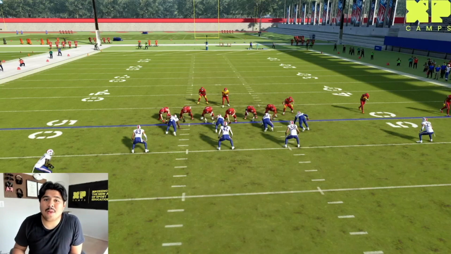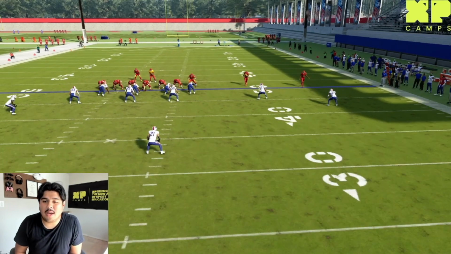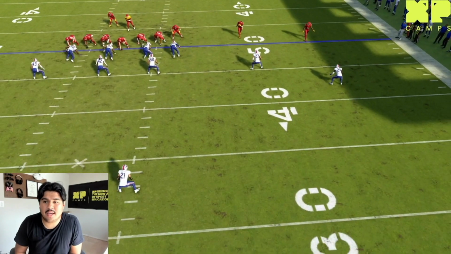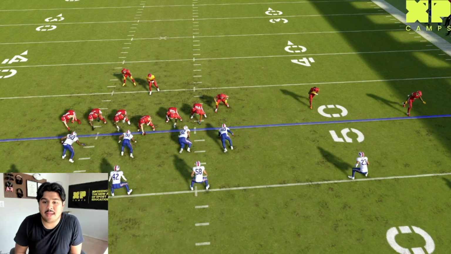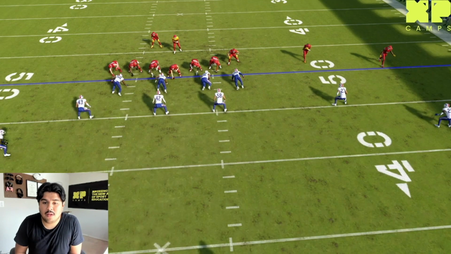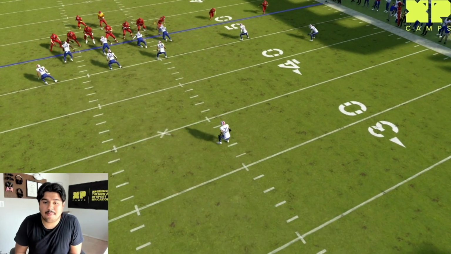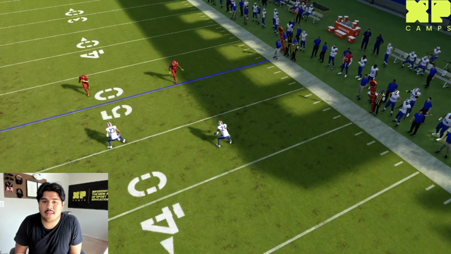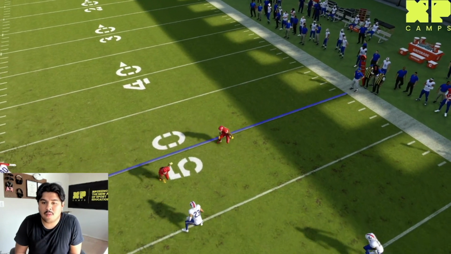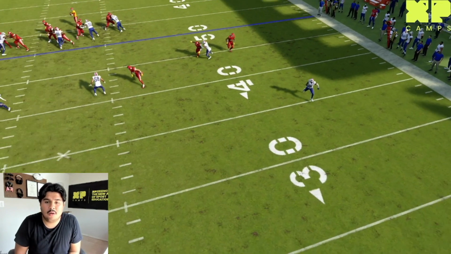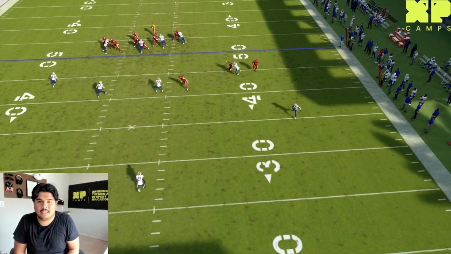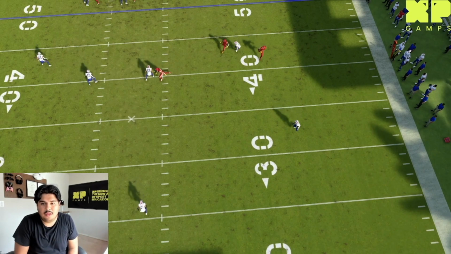Alright, so here we are in replay mode taking a look at the seams on a cover 3 coverage. So I'm going to start the play so we can see how this seam develops. So for reference, I put Kelsey on a post route in order to distract this deep player in the middle. And then I put this outside player on a corner route in order to distract this outside deep third. And so if we were to just zoom out and look at this from a bird's eye view,